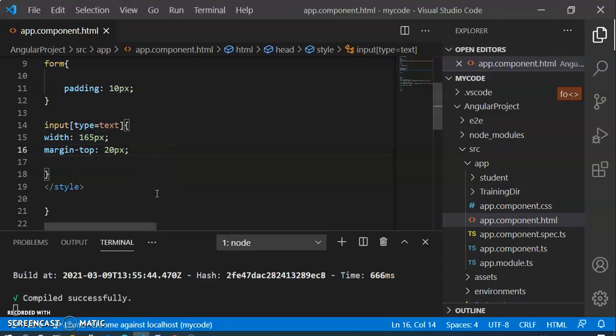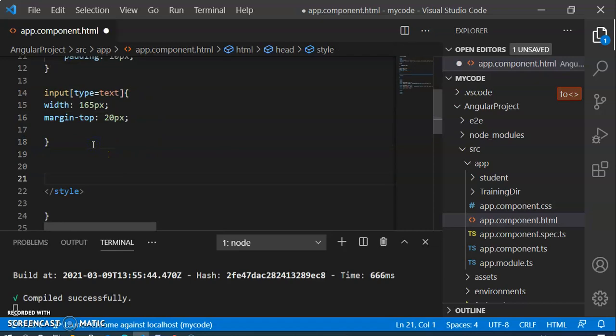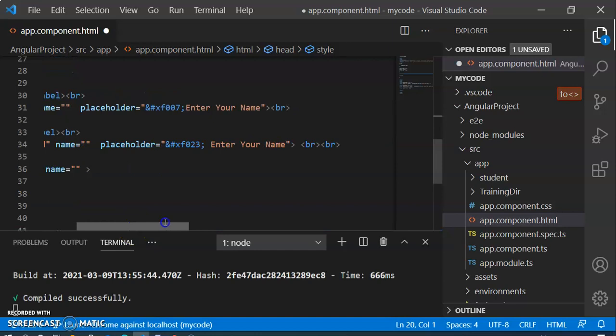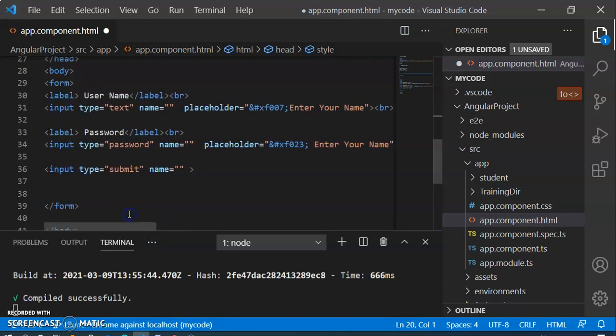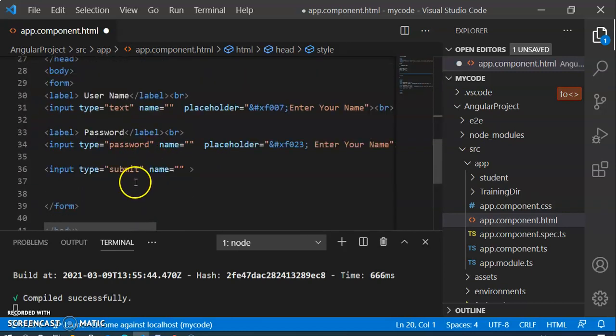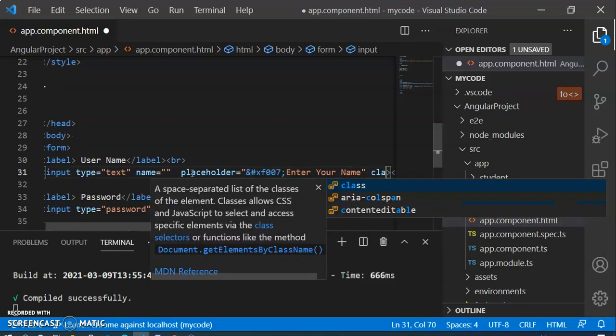And now we are doing the main change to get the CDN link. Now we have to again go in the style section. Now we have to write the placeholder, because you can see here we have to write the class name. You can see here the class. Okay, still we did not write it. Now we are writing the class, and with the help of class we can get it. First of all we have to go in the input section. In the input section we have to write the class.